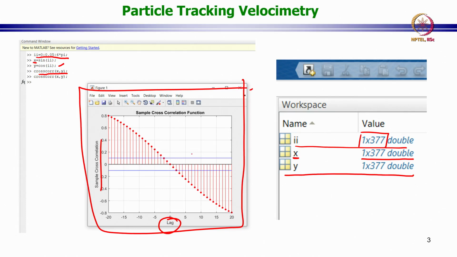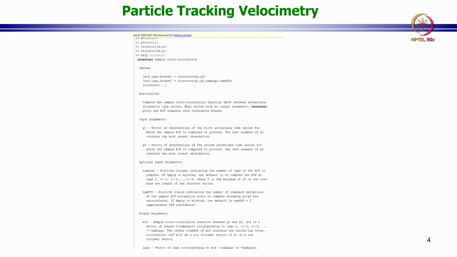Now, there is an issue here, which is that it is not plotting this lag as I have not given an input. So, the command has automatically taken a default value, which is not to my liking. So, I went ahead and I looked up the documentation for cross correlation. When I look up the documentation, it tells me that I can input my number of lags right here after x and y, and that allows me to set my lag in any way I want. Okay. So, if you have access to MATLAB, I encourage you to read this particular